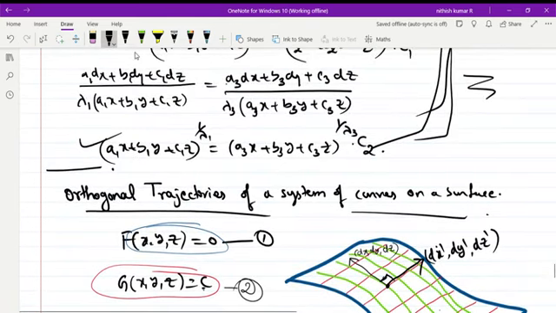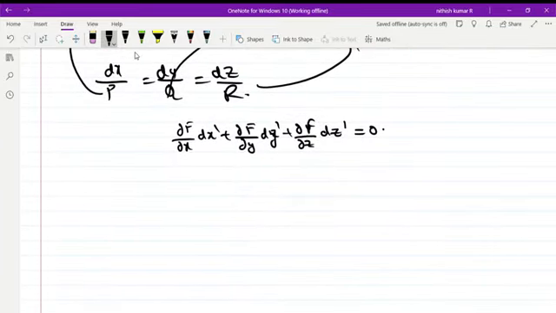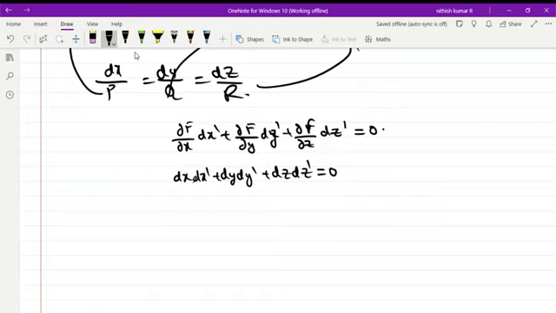When these two, let's say three-tuple vectors, are orthogonal, their dot product is 0, and what is that? It is nothing but dx dash plus dy dash plus dz dash. They are equal to 0. So let's name it as 5 and let's name it as 6. Okay, now